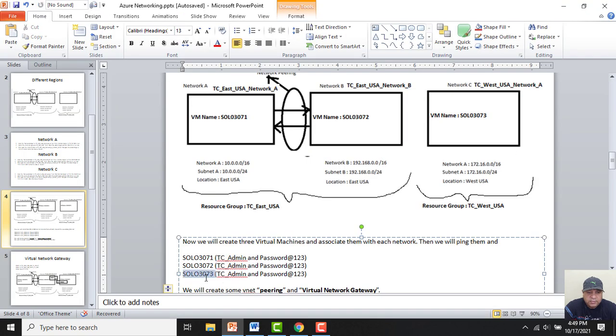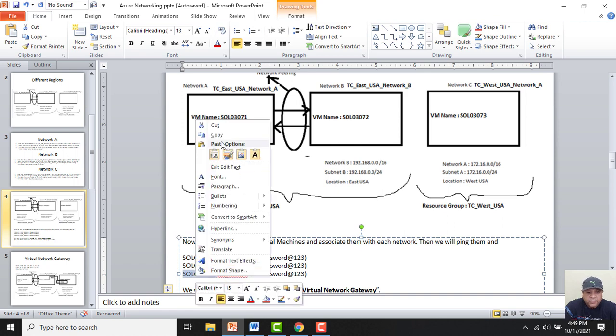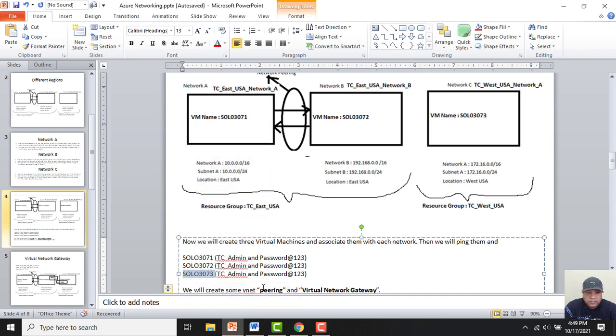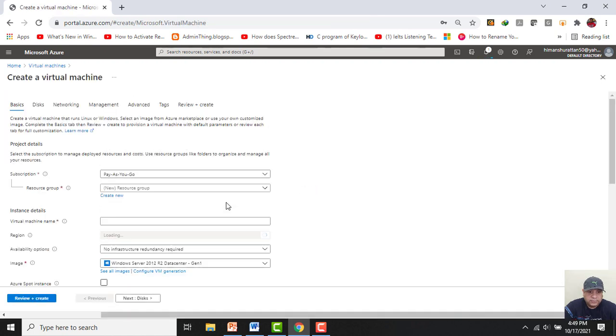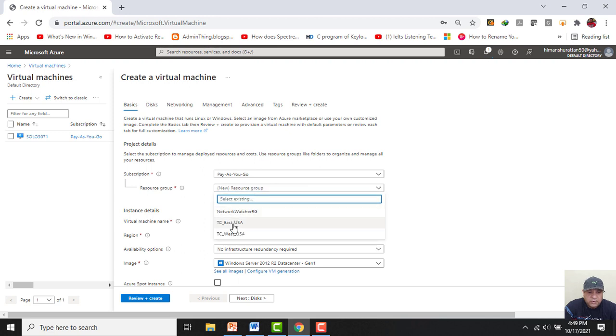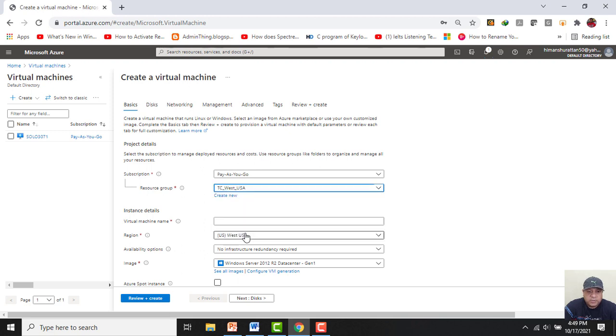I will give my third VM the name Solo 3073, and I will attach it in the network C. Again I will click on create virtual machine. Now I will use the resource group as West US, because I want my virtual machine and all its resources in the region West US.